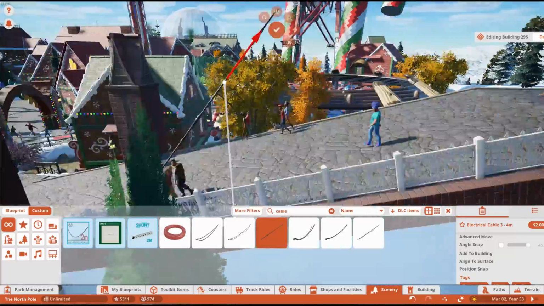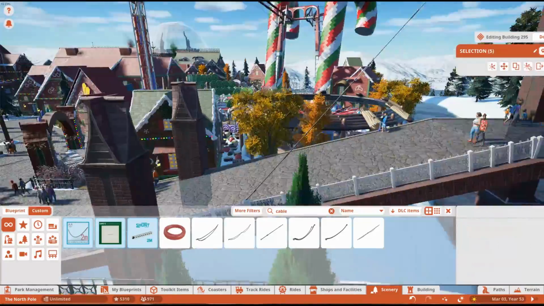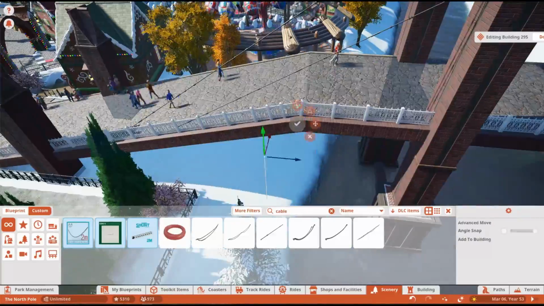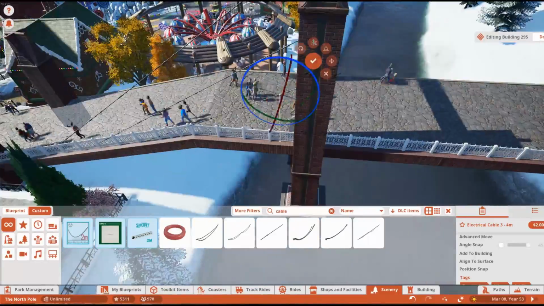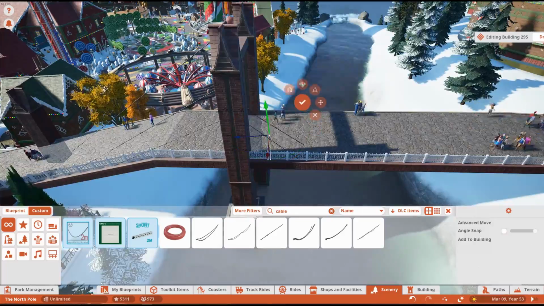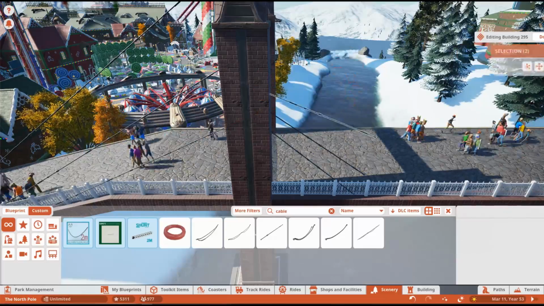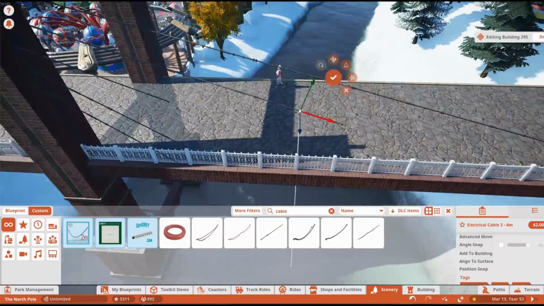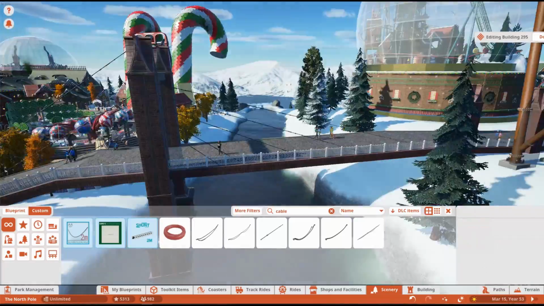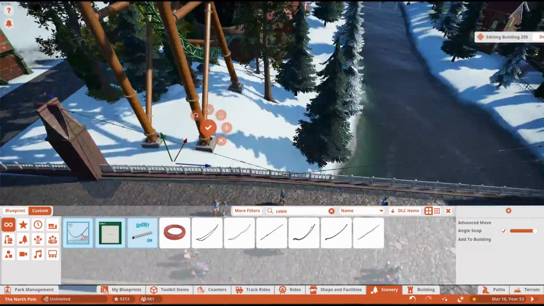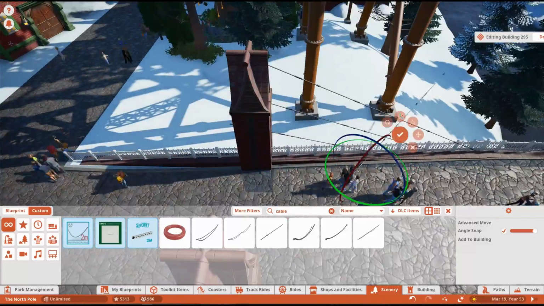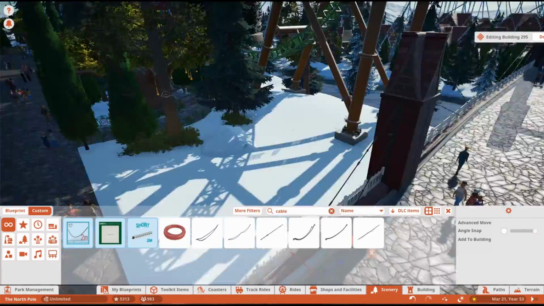Now here I'm adding the suspension part of the suspension bridge. As I'm sure you know, suspension bridges are usually held up by a series of cables. So what I did here is I just used the electrical wires or cables within the game and extended them outward to make it seem like they were holding up the bridge. Just copy and pasted that on small scales for the smaller towers,